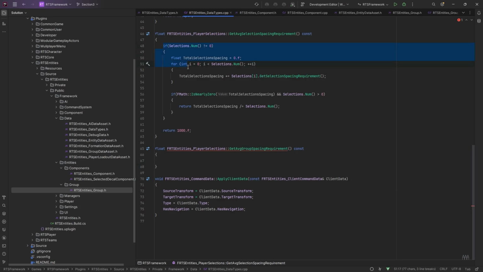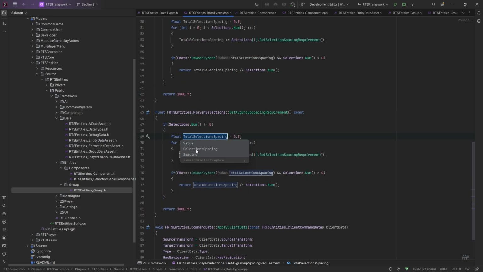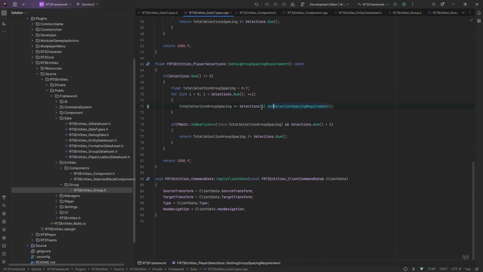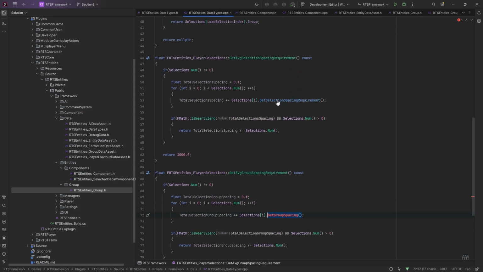What we're going to do is copy this whole thing down into here, and just so we don't get confused, I'm going to rename this variable to total selection group spacing. Instead of getting the requirement, we want to get each group's spacing. So take the requirement out, because we want to get the actual group spacing. So if we follow this function up here